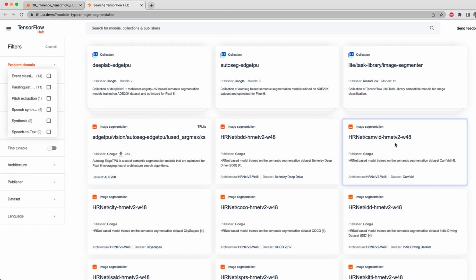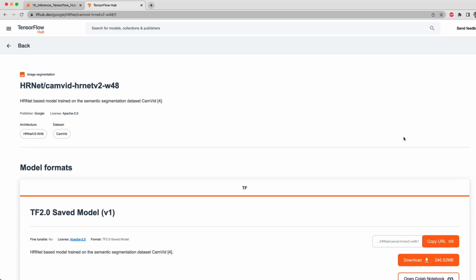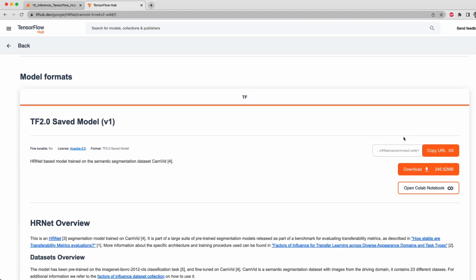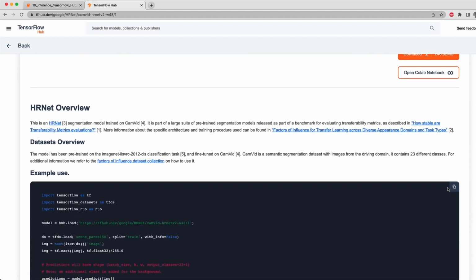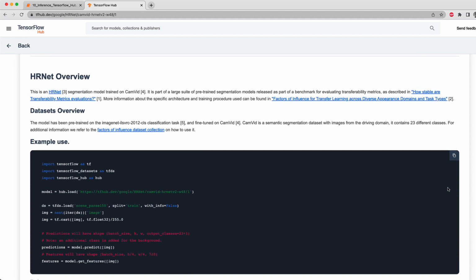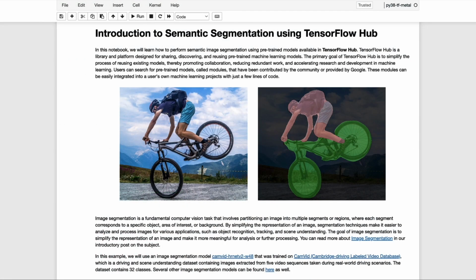this example. If you click on any one of these models, it'll take you to a model-specific page in which you can copy the URL to the page, download the model, or even open the model in a Colab notebook. And then if you scroll down a bit further, there's usually a little bit of code that provides an example use case. So that's just a quick summary of what the site looks like and how you access the models. And let's go back to the notebook now, and we'll continue on with the code and implementation of how to